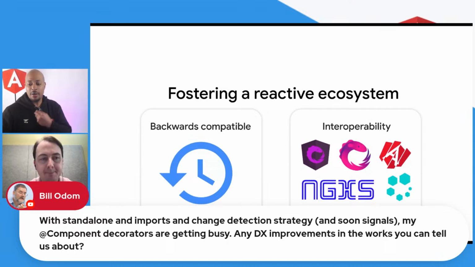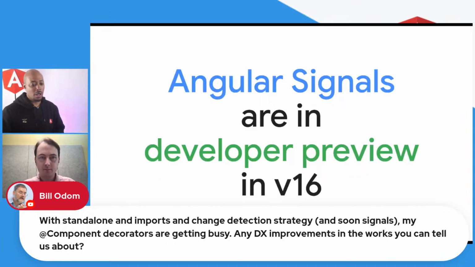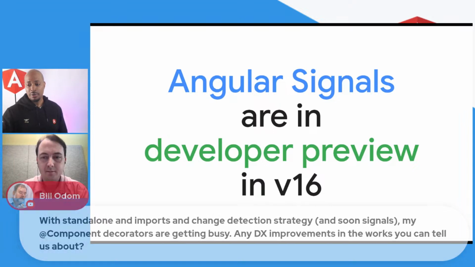I actually called this out in the RFC for Angular when we were doing our RFC. Yeah, in the RFC internally, I was like, we got too many flags in the component decorator metadata. We got too many things in there. So we're actually looking at it. I have some ideas I'm going to share with the team, and the team has some ideas already too. So we're going to see what we can do.